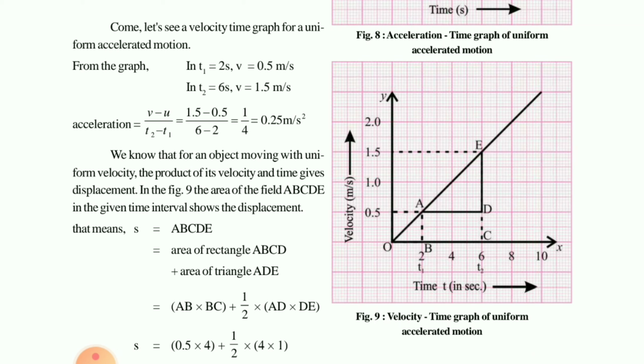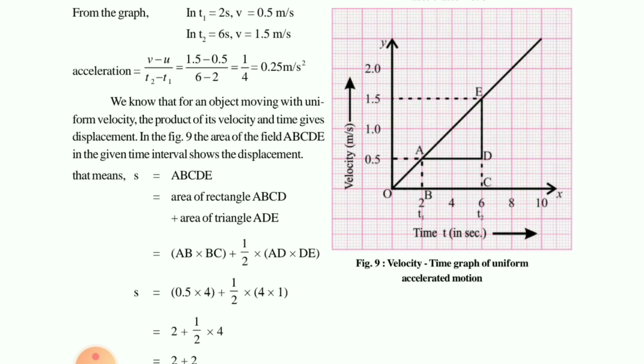After that children, we will calculate whether the motion is uniform motion or not. The area of the figure is ABCDE. Okay children. Now here two things are going to come. As you can see in the figure, ABCD is a rectangular shape, and ADE is a triangle shape. So how will we calculate for that complete figure? We will add the values, that is area of rectangle ABCD plus area of triangle ADE.